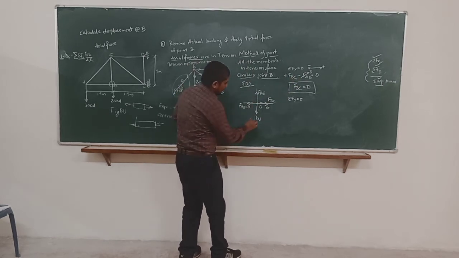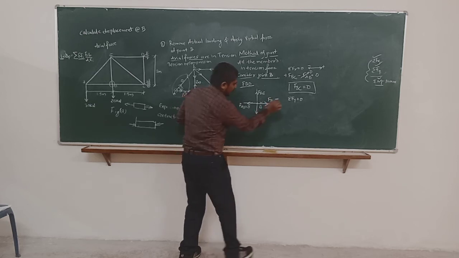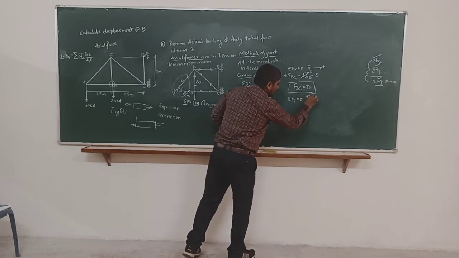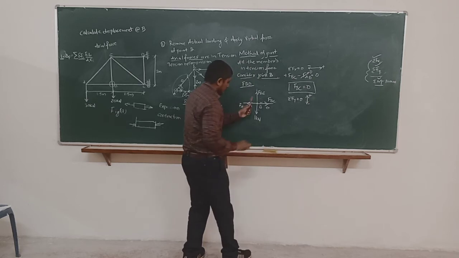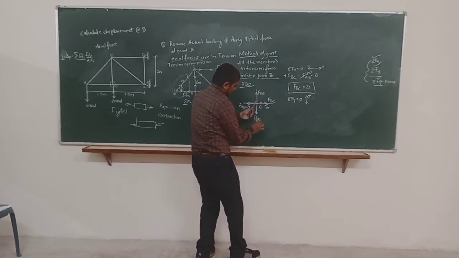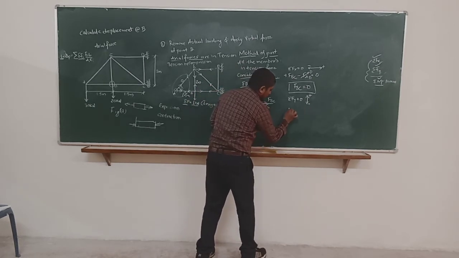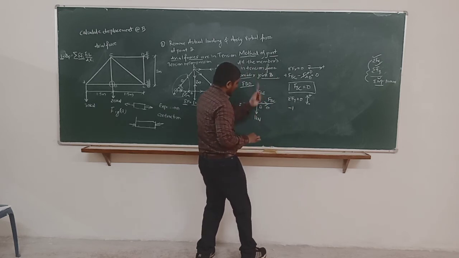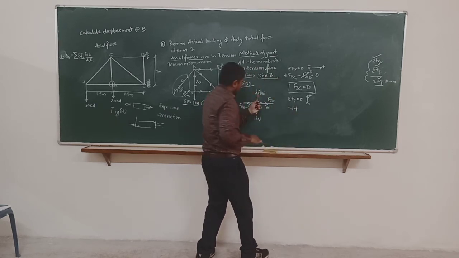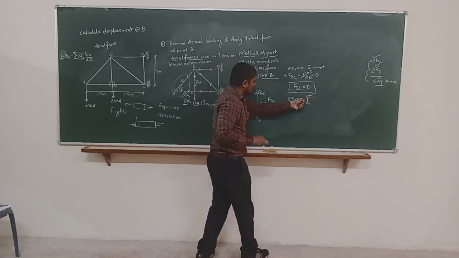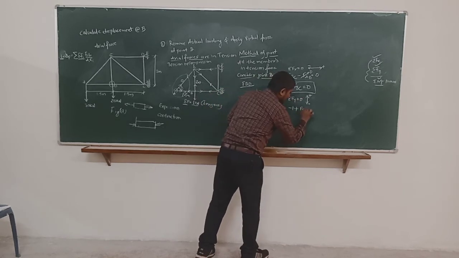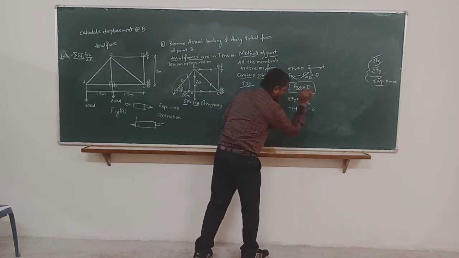Okay. Now in the Fy, how many horizontal forces, vertical forces are there? First, sign convention: upward positive, downward negative. Now see, 1 kN is going downward. Downward is what? It is -1. FBE is upward. Upward is positive, and FBE is equal to 0.